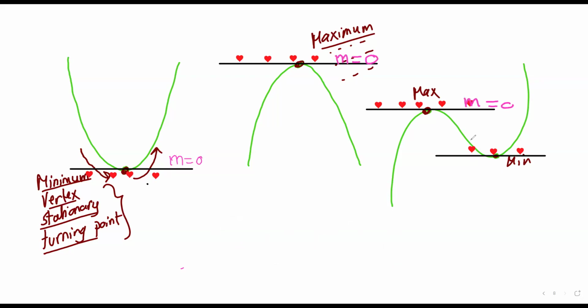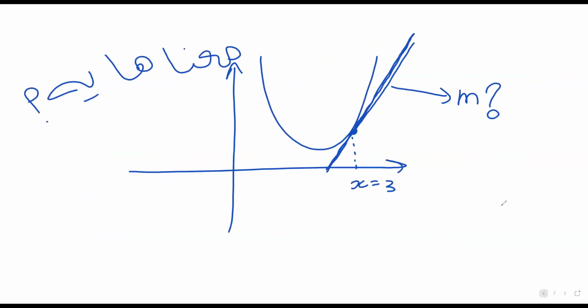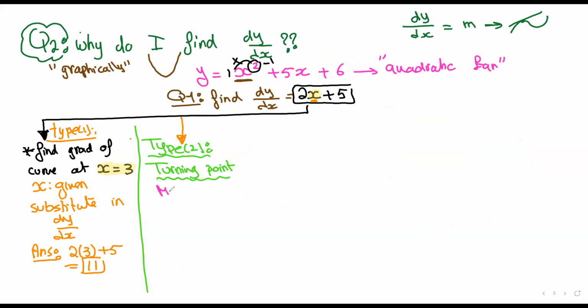Here the gradient is 0, here the gradient is 0. Since these lines are horizontal and these lines are drawn at the turning points, the gradient is 0, so the differentiation is 0. So always and forever, whenever you are dealing with a question related to turning point, minimum, maximum, stationary, vertex,